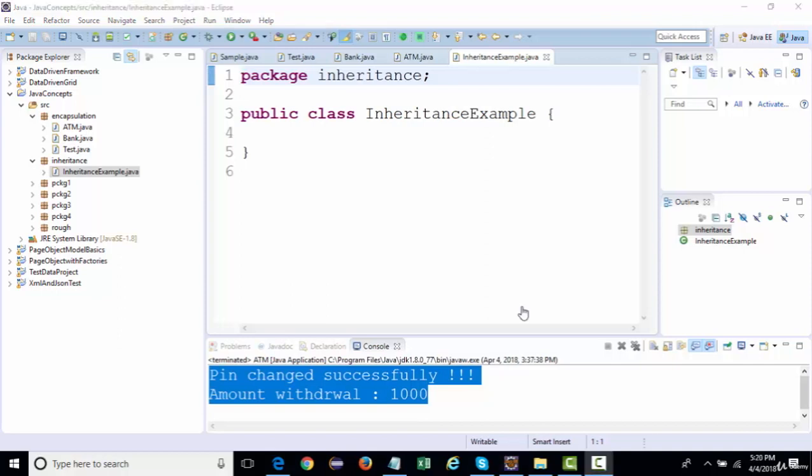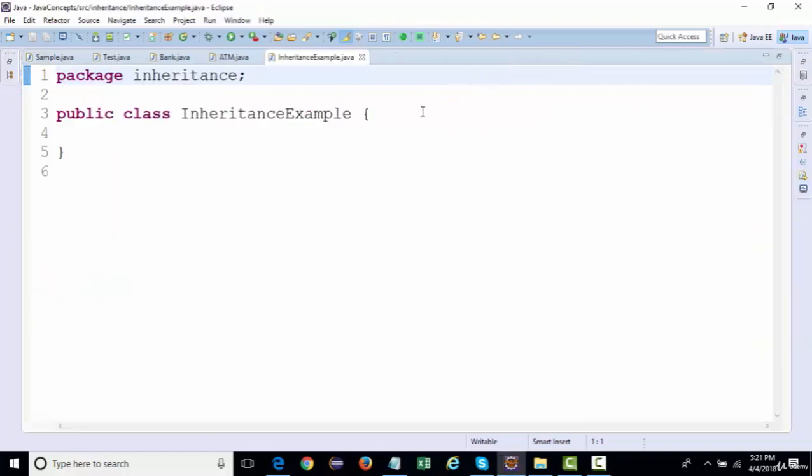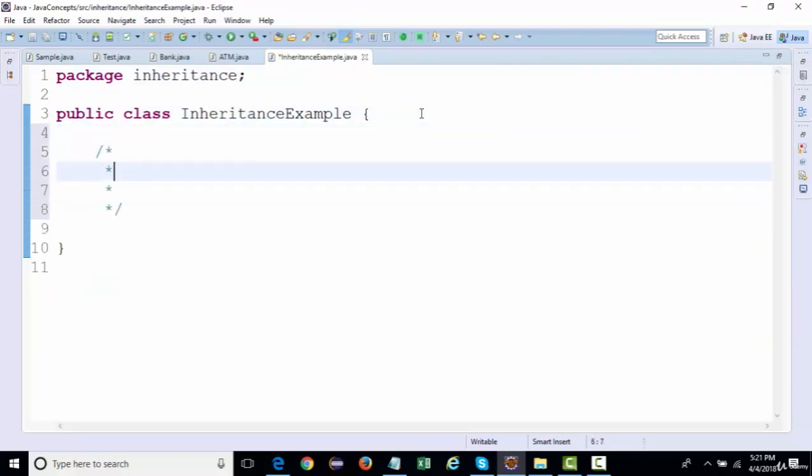So in inheritance, the object will always be of a child class, and the property will be of a parent class. Right. Now let's talk about the available types of inheritance. Type of inheritance.